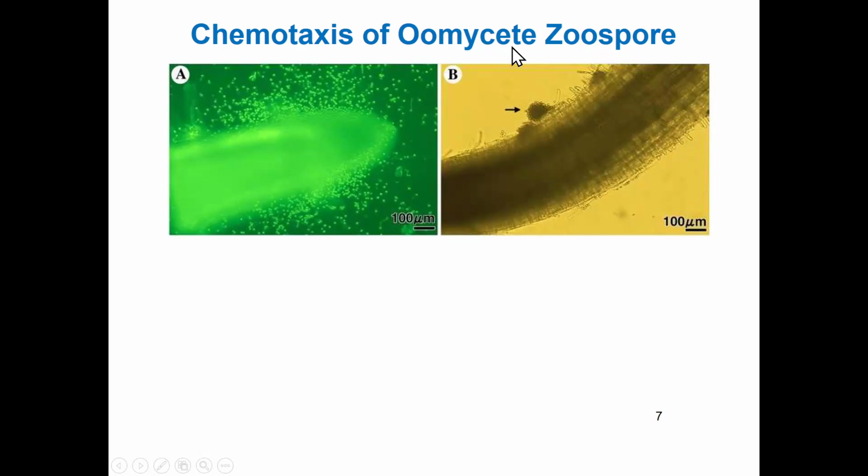spore of oomycetes. Oomycetes can produce motile zoospores, biflagellated, and they can sense the host by chemotaxis. It was already understood that some signaling, here all the dots you can see, aggregate on a root tip when you immerse it into zoospore suspension, and they form huge cysts together and then infect and penetrate the tissue.